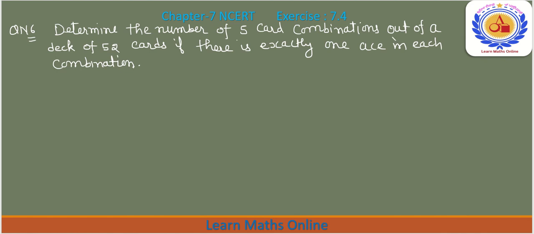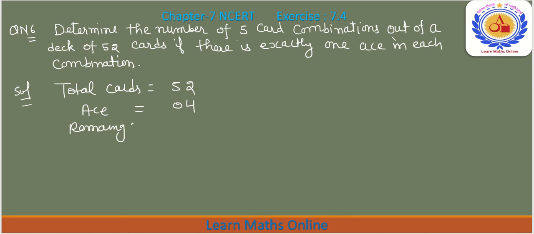Question number 6. Determine the number of 5 card combinations out of a deck of 52 cards if there is exactly one ace in each combination. So total cards is equal to 52. Number of ace cards is equal to 4. Remaining cards is equal to 48. So total 5 card combinations are